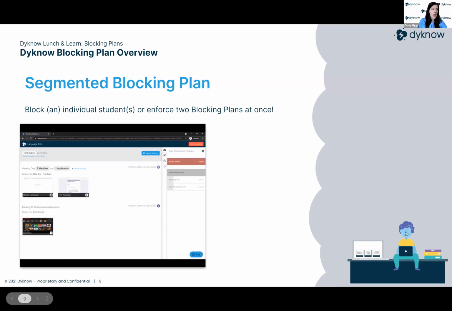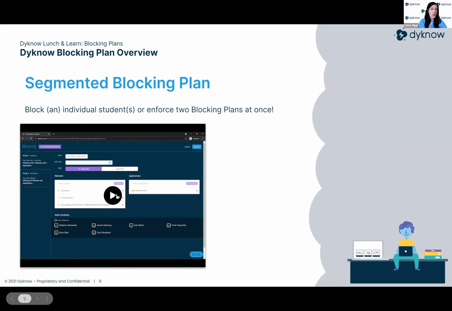But once enforced, you can easily switch students between those two groups within a segmented blocking plan. All you got to do is hover your mouse over their thumbnail and click that switch blocking plan button. This is another reason segmented blocking plans are so helpful for testing, right? When a student finishes their tests, you don't want them just sitting there twiddling their thumbs. Rather, they just let you know, and you as the teacher can send them to the less restrictive blocking plan,